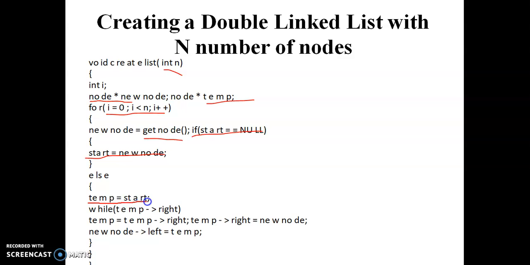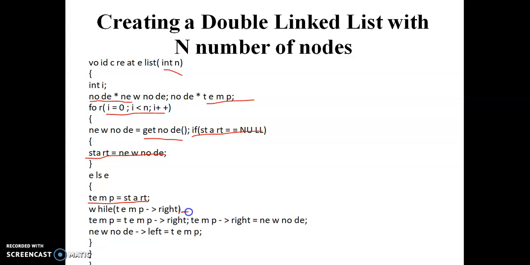So we are taking one temporary variable which points to the start node, and from this we will move to the last point, and then we can add our new node to the last. So while temp of right, here the condition is temp of right not equals to null.